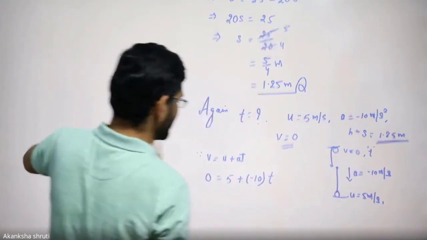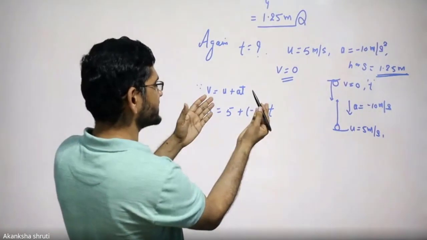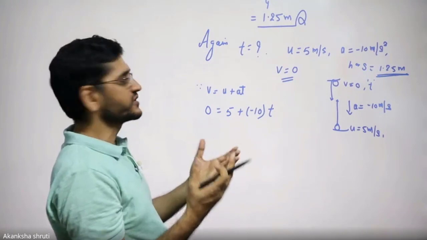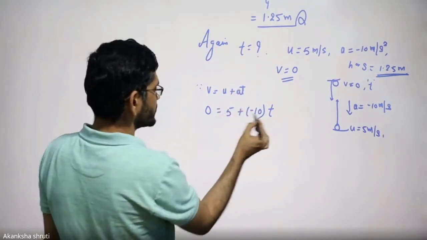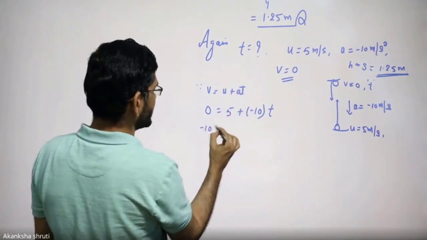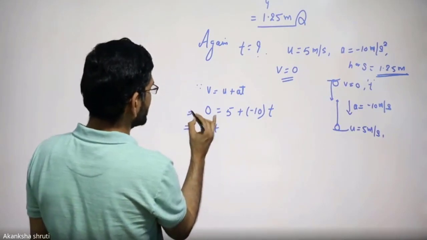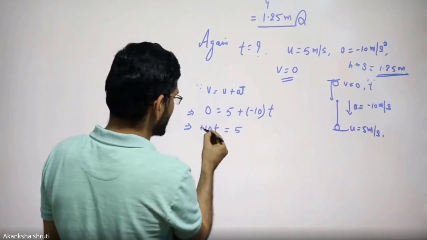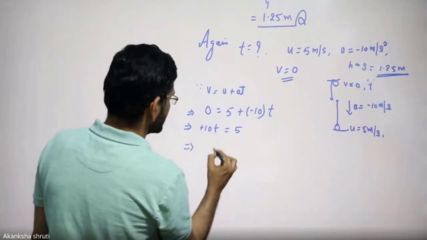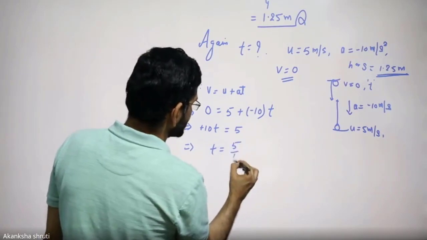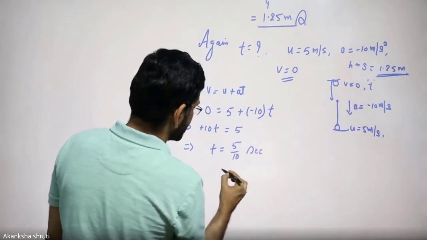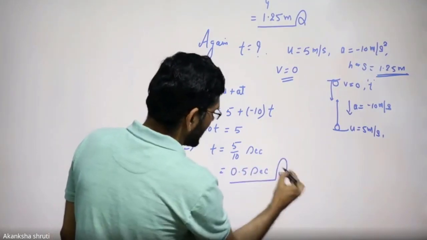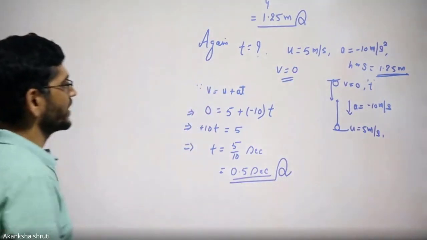It's that simple. So apply the equation, out of the three, which can correlate the unknown. You can bring the minus 10t to the left hand side, equal to 5. While brought to the left hand side, it turns into plus. So t is 5 by 10. The unit must be in seconds. So it is 0.5 second, or half a second, is the time required.